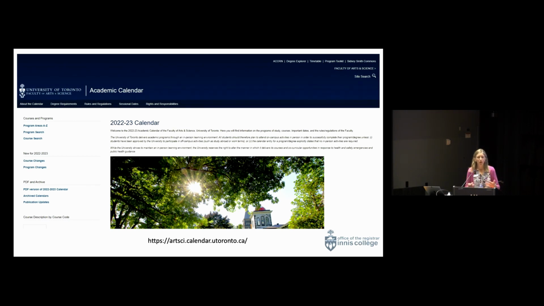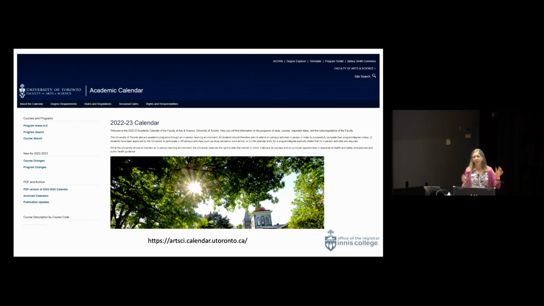It encompasses all of the courses that are offered, thousands and thousands of courses that are offered at the Faculty of Arts and Science, the programs that we offer here, the rights, obligations for you as a student. If we were to print this document, which we used to do, it's about, I don't know, 2 inches thick, would you say? Thank goodness, because we used to kill a lot of trees. We don't do that anymore.